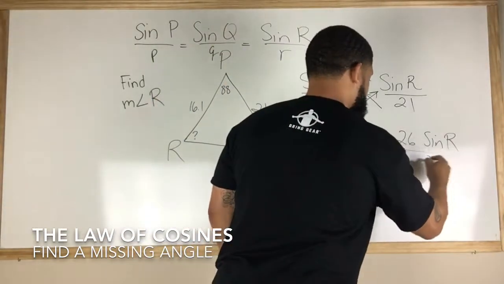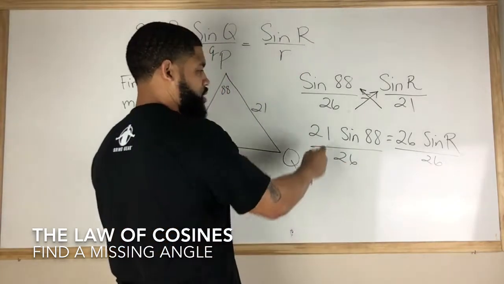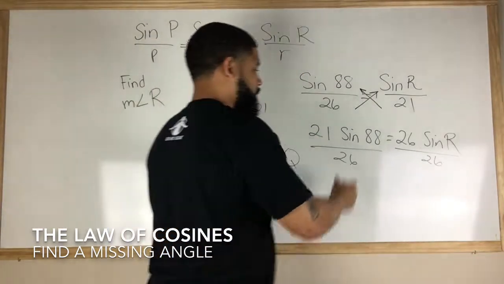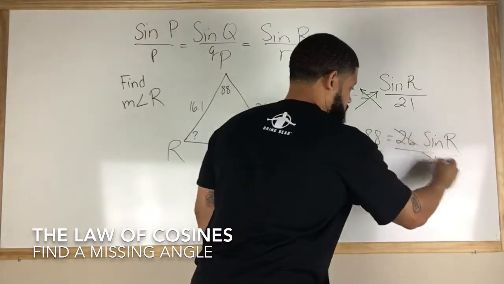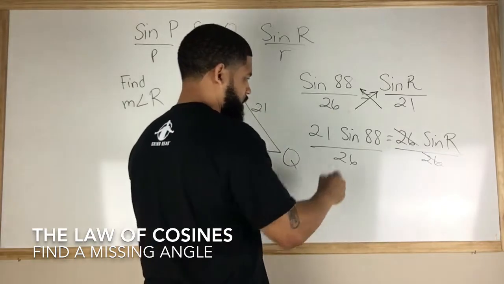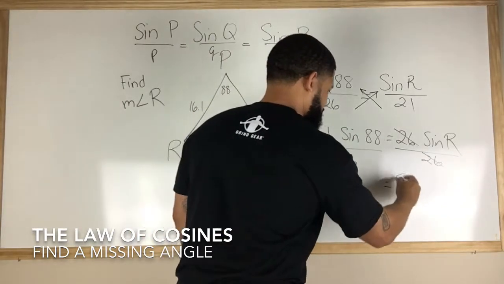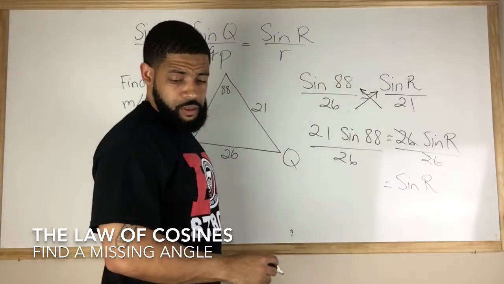So we're going to divide both sides by 26, okay? So if we have 21 times the sine of 88 divided by 26, this is going to cancel, okay? So when I actually do this math, the sine of R is actually equal to